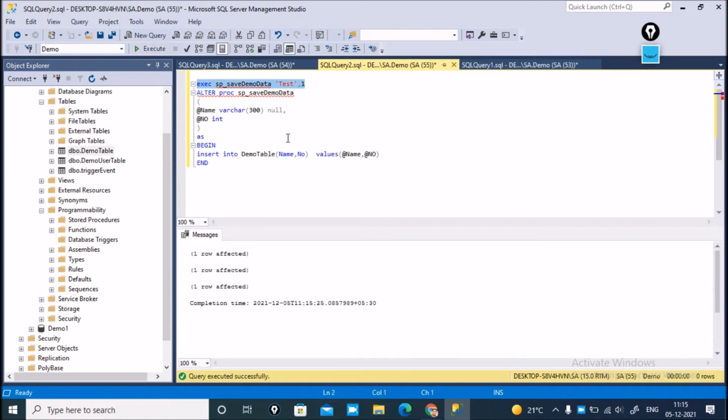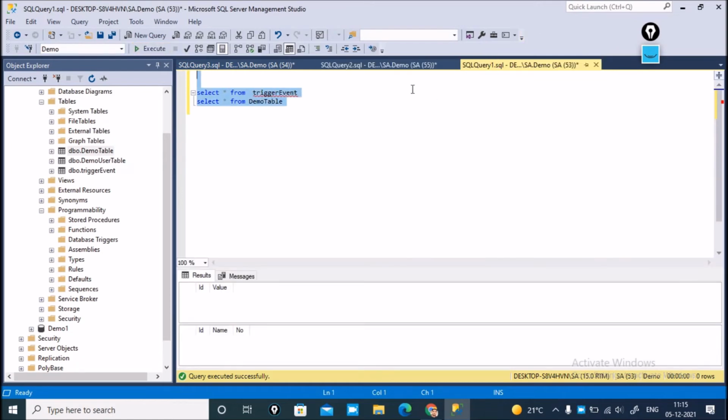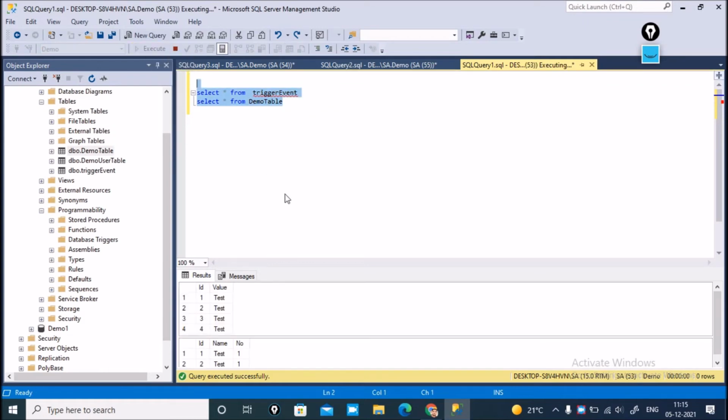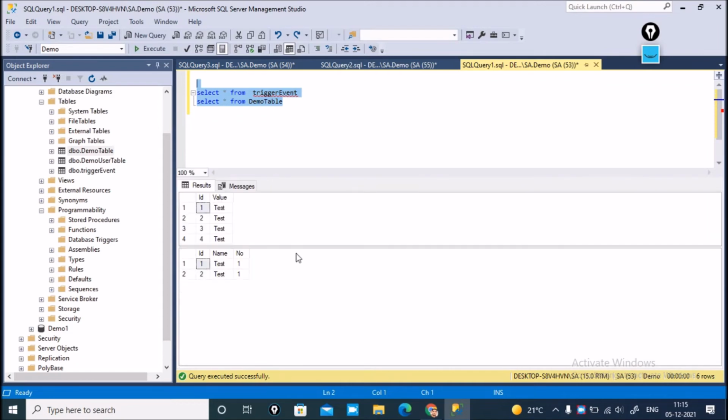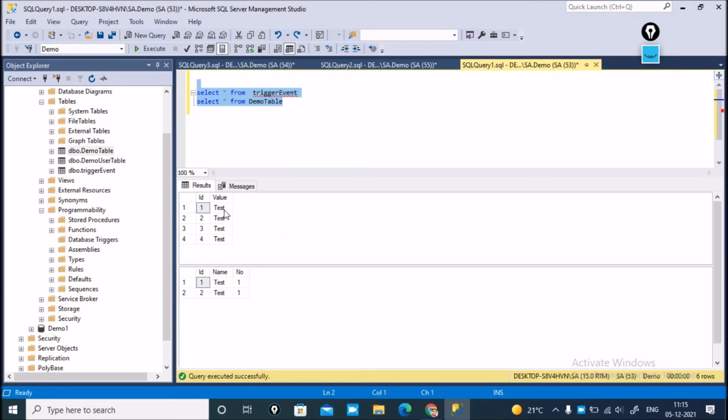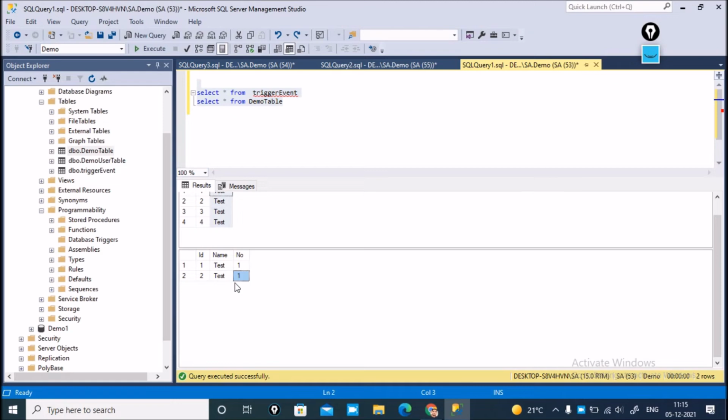Again 3 times we execute, and you can see the select data showing here, like this table is the trigger event table, and this is the normal table.